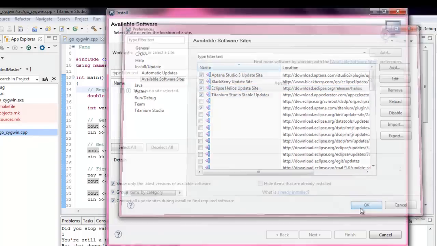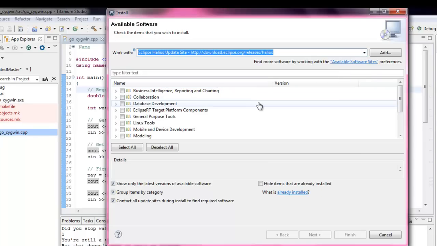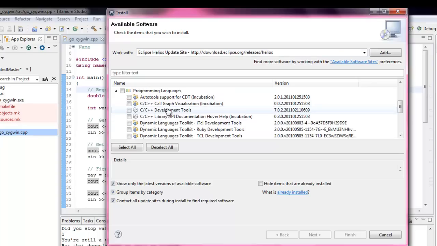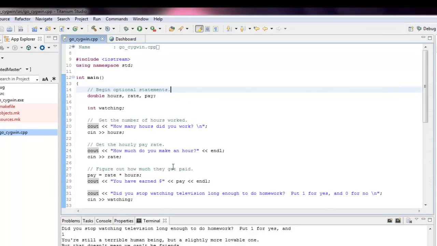Press OK. And then when it says Work With, say you want to work with Eclipse. It's going to pop up this little menu right here. These should all be turned on by default, but if they're not, turn them on. And then it should have programming languages or something like that here, yeah, right there. Open that up. We don't need them all. We only need one thing, really. We need the C, C++ development tools. And you can go ahead and download the API documentation if you want. Don't download this because it's not going to work. But you can download this or that, and it'll work just fine. Cancel out of there because I already did it. And then once you install that, you're going to have to restart